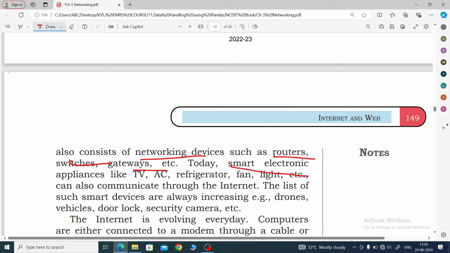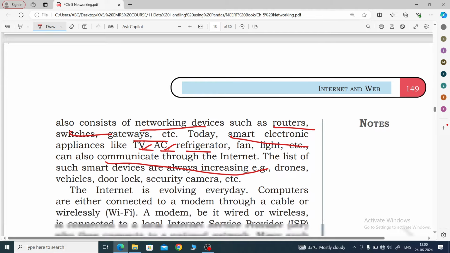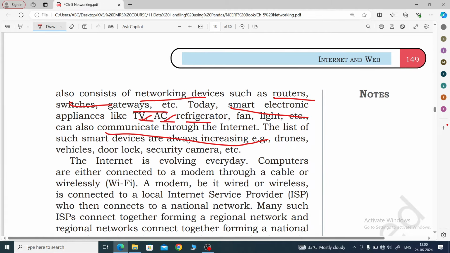Today smart electronic applications like TV, AC, refrigerator, fan, light, etc. can also communicate through the internet. How? Because now we have smart TV, AC. Even if you forget, through your mobile phone you can switch off the TV, switch on the AC, refrigerator, fan, light. So digital India, not digital India, digital world. So through the internet, if you can access and control these devices, then it comes under